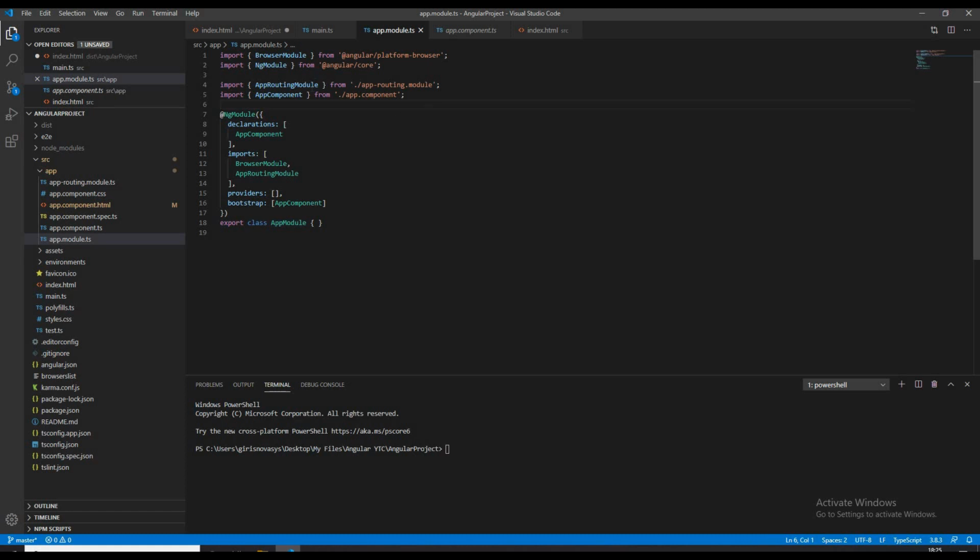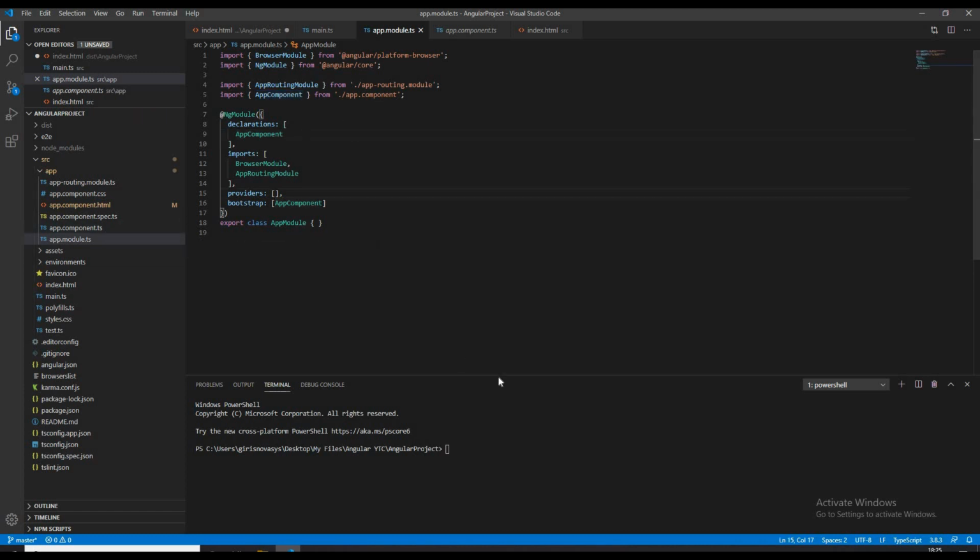Let's leave the app routing module for now. We will go deep into this in the routing session. AppComponent. We know that any file created in the application other than modules should be declared in a module. Angular will not scan all the files in the application, hence every file should be registered in modules. So our app component is imported into app module and this is the path of app component.